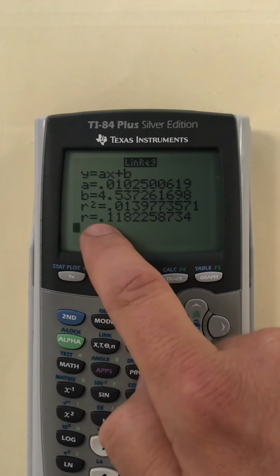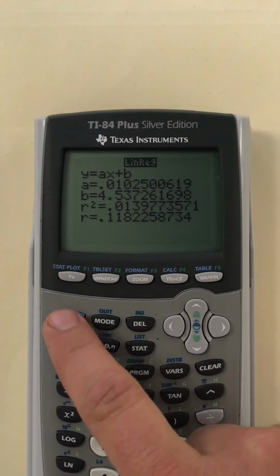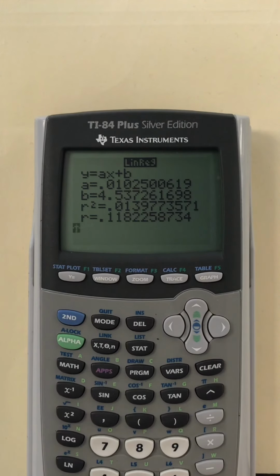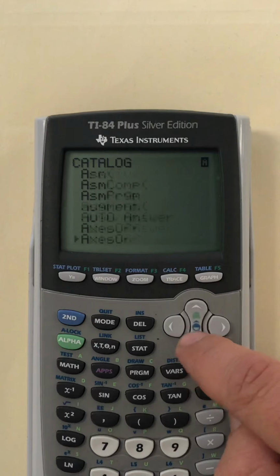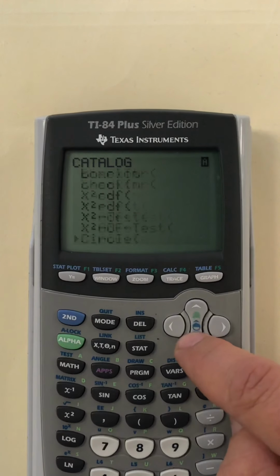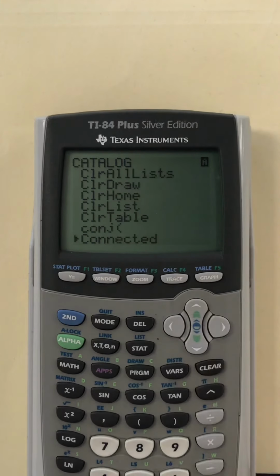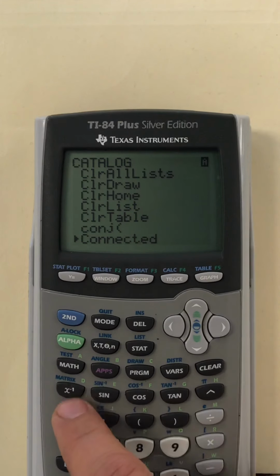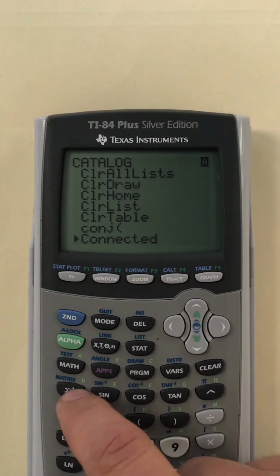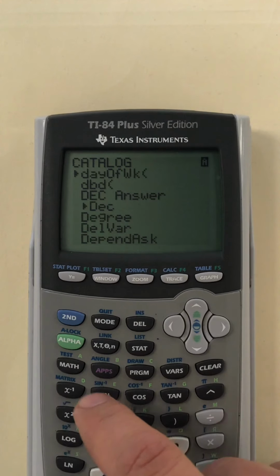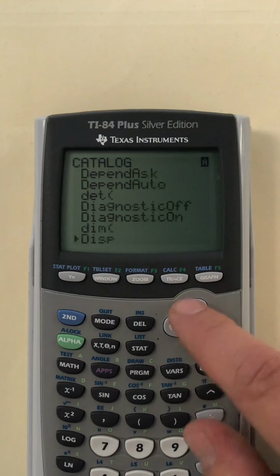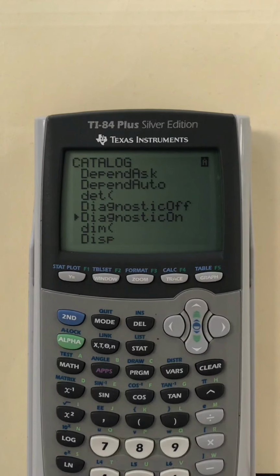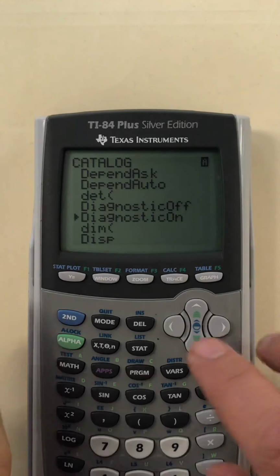If you don't see the R value, you need to hit second and then catalog, which is right above the 0 button. Then this is a list of everything your calculator does in the catalog. You could arrow down for a long time, or you can just hit the alpha button right here, D, right above the X to the -1. This is the D button, to jump down to the D section. And then we are looking for